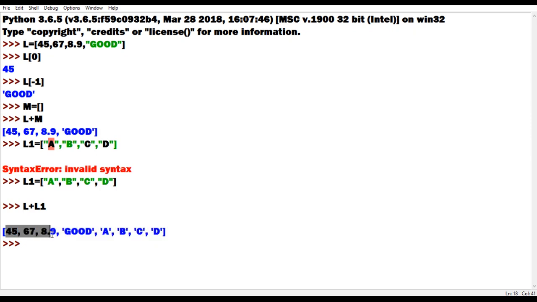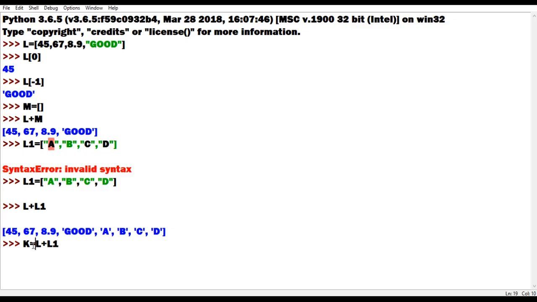So this is L's elements and this is L1's elements converted into one list, but it is not getting stored anywhere. If I would like to store it somewhere, I'll write the statement like this, because storage requires an assignment operator.